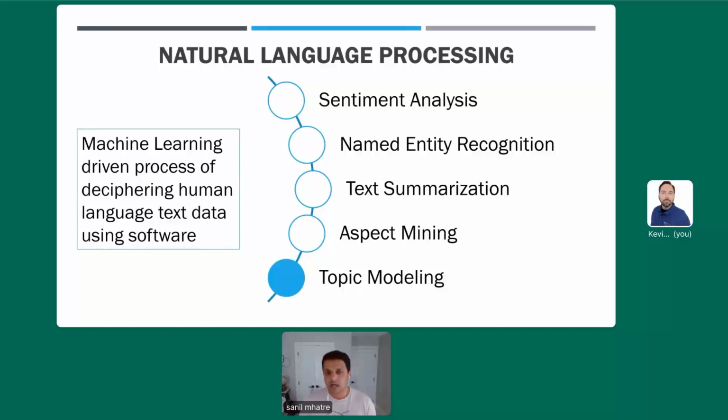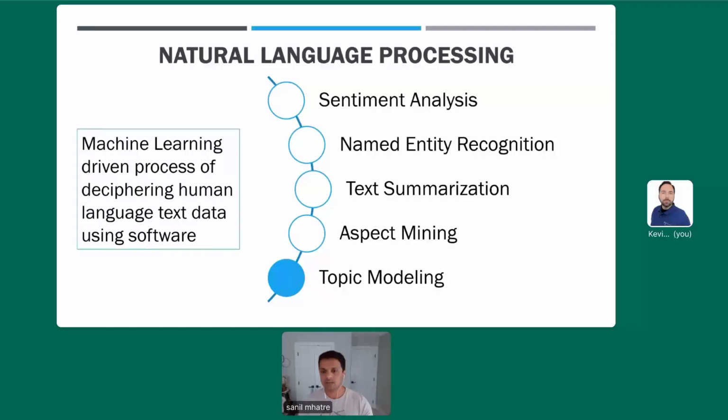So let's start our introduction to topic modeling with a brief overview of the landscape of natural language processing. Natural language processing is a machine learning driven process for deciphering text data and human language using software. There are a few broad categories of machine learning algorithms under the umbrella of natural language processing.